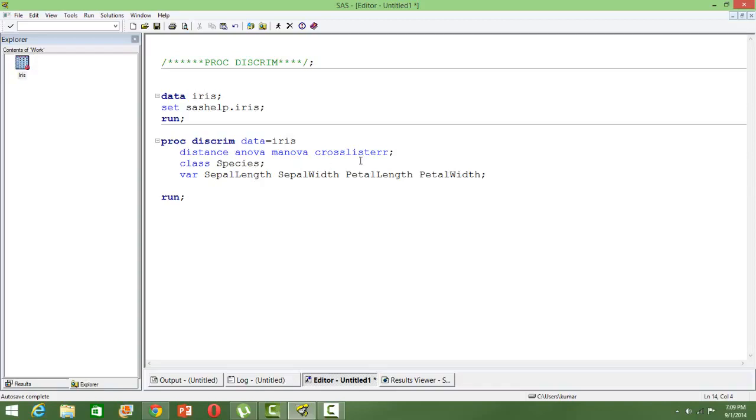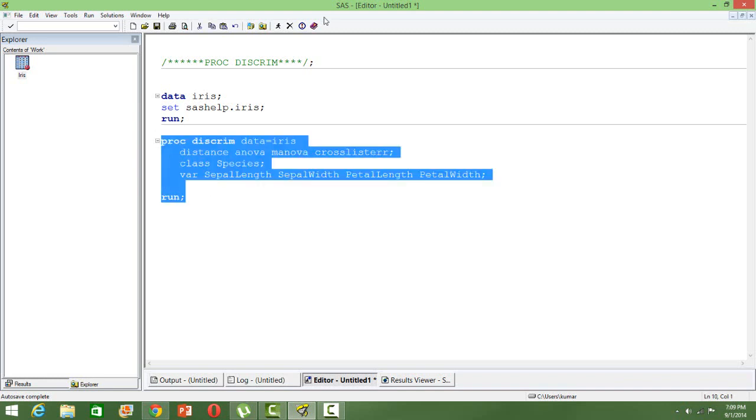And then you use the crosslist option to see the error percentage. I'll show you in the output, in the crosslist, the misclassification percentage. The class is species. This is pretty much like the dependent variable in a regression type modeling. And in the var statement we have the different attributes. These are like our independent variables, not exactly independent variables, but similar to these. And when you run this,